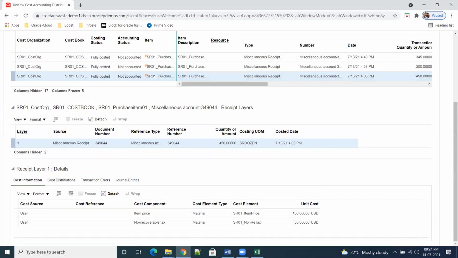Sorry, I'm extremely sorry, I forgot to tell. I added the cost element of non-recoverable tax to my cost elements. Only after defining that was I able to see this cost distribution in my system. What is a cost element?